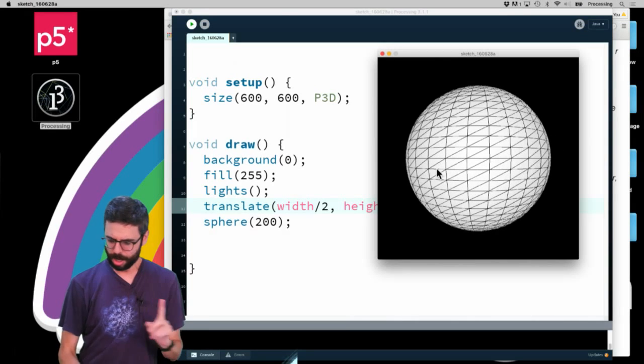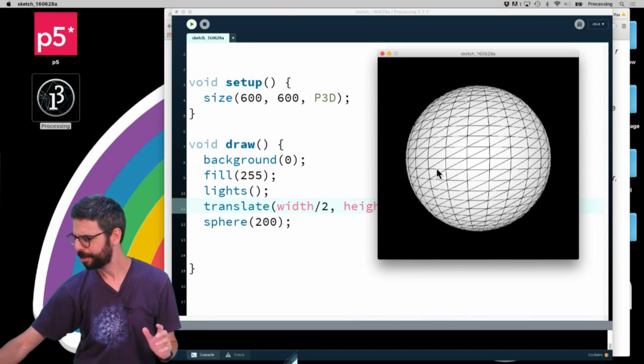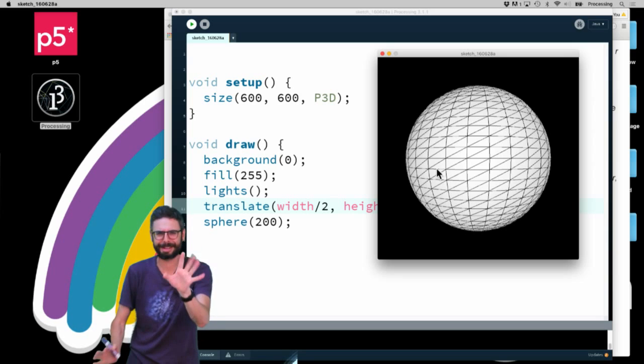Okay, so what's something that we need to become familiar with? One thing that I think would be worth discussing briefly,